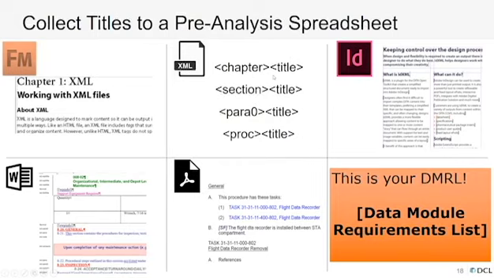Sometimes it's easy when you have a title, sometimes it's not, and it could be a procedure element without a title that later on will be mapped to a procedural data module. You may need to pull that. So you don't have a title, but you have an element that in the DMRL you can flag as a procedural data module. InDesign is the same concept, it's the style, the structure. Microsoft Word is obviously for files. And for PDF, once you extract the data, you can style it properly.